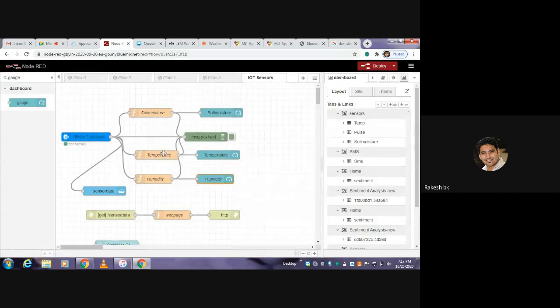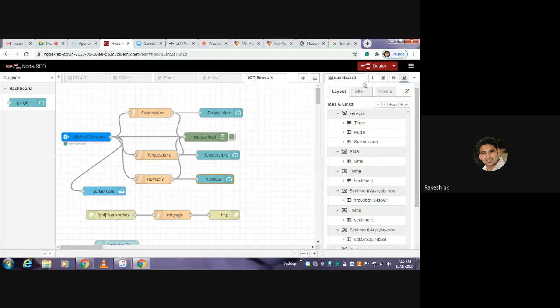Once you're done with this, you click onto this and connect all the nodes available here, and you can make use of the msg.payload node. This node is required to check whether the output is proper or not. The output will be displayed here in the debug message. There are options here: one is information, there's a help, and there's the debug message, and quickly you can see the dashboard.